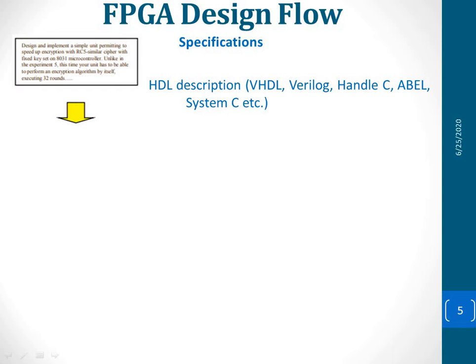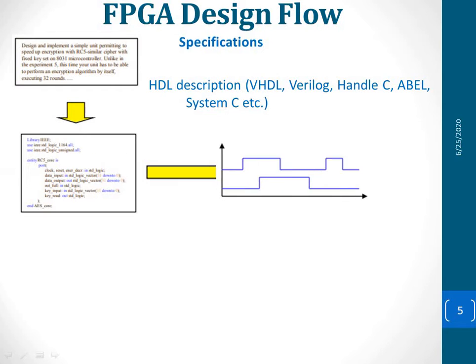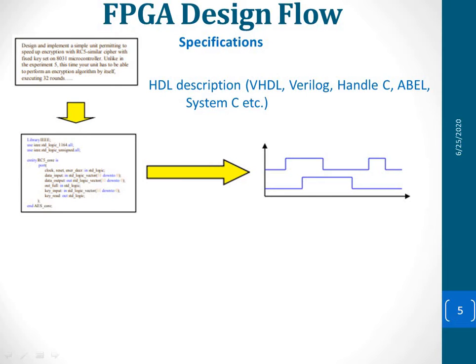It can be VHDL or Verilog or Handel-C or ABEL or SystemC, etc. The diagram here will show you this one is the HDL code. Next, from the HDL code you will be able to simulate. That is called functional verification or functional testing of the code you have written as the HDL description. And generally this functional testing